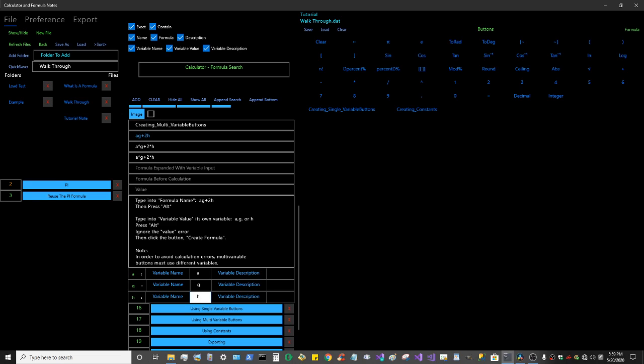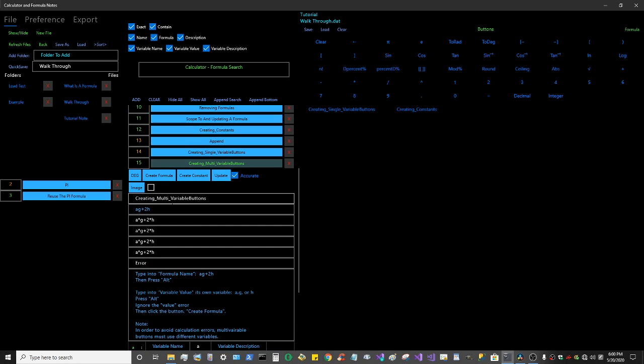In order to avoid calculation errors, multivariable buttons must use different variables. So that means that all of these variables have to be different, not a g here and another g here. They have to be a, g, h, different variables. And this will create a multivariable button. Okay. Now that we have our multivariable and single variable button set up,